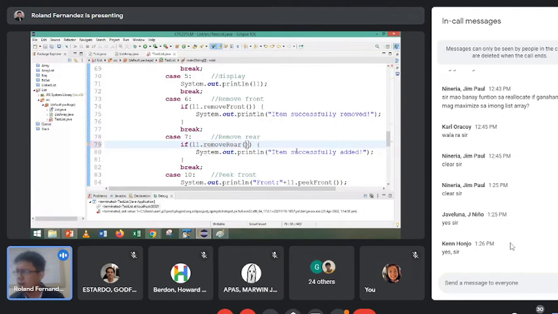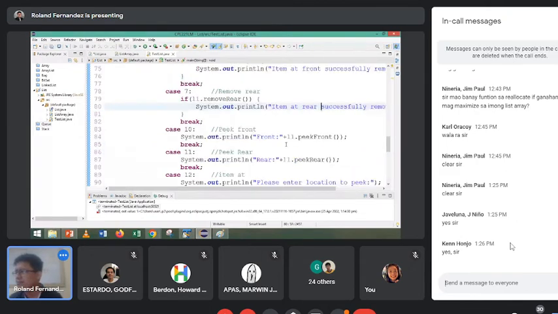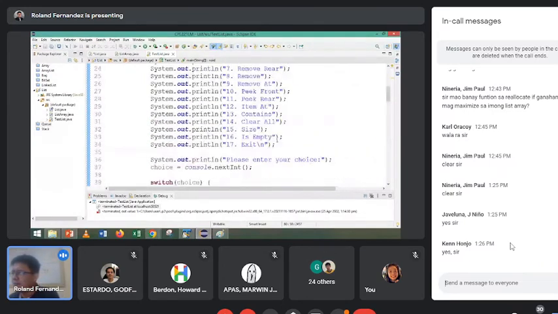So item successfully removed. Item at front successfully removed. Item at rear successfully removed. Okay. So after remove front and remove rear,